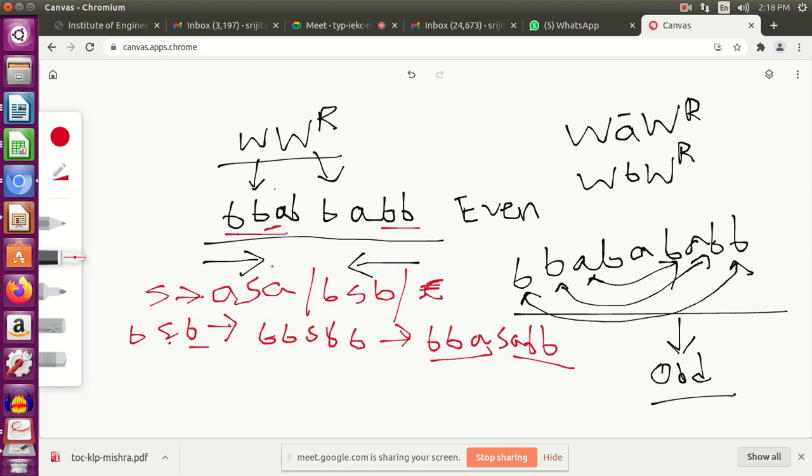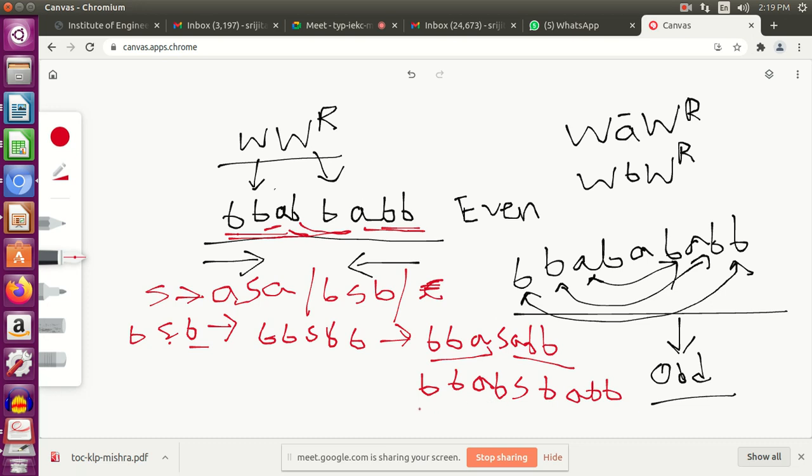I have got BBA and I have got ABB, this much and this much. So I need this part. What can I do? I can again replace and put BSB, because there is a B. So B, S, B, and I already had ABB over here.